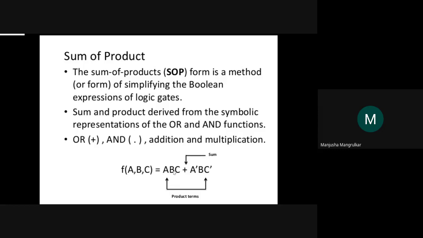This ABC is a product, and this ABC is summing with A complement B C complement. So first what we have to see is that this is a sum of products. It is the product of A B C summing with the product of A complement B and C complement, right? Product of A complement, B complement. So this term is what? Sum of product, right?